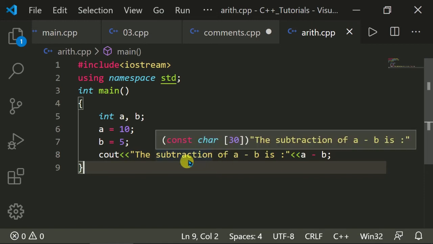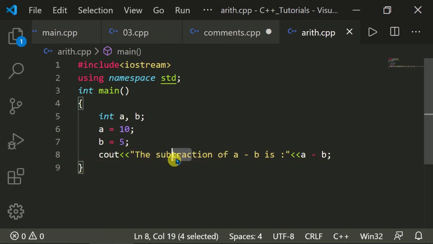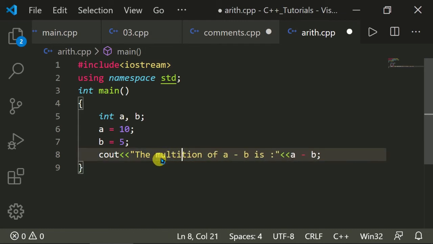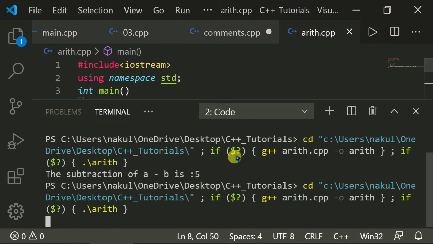Okay, so now let's make it multiplication. Make it a into b, or a multiply b. So now it should be 50, because 10 multiplied by 5 is equal to 50.